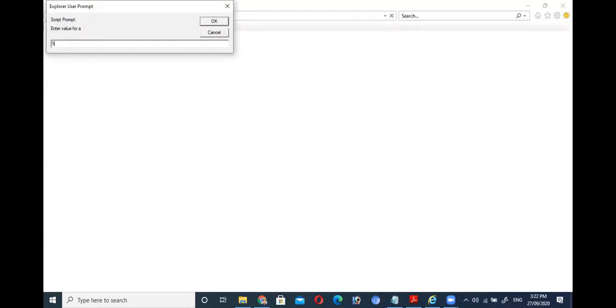Suppose I'm entering the value 5 for a, it will be assigned to a. Then again it asks with the next dialog box, that is enter value for b. The second prompt method is executing here. Step by step, each and every statement is executing.